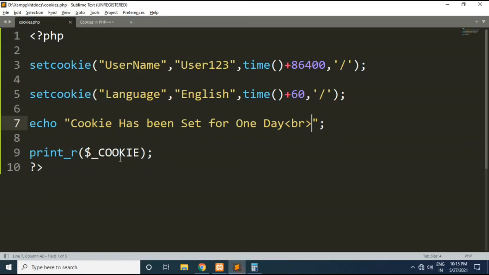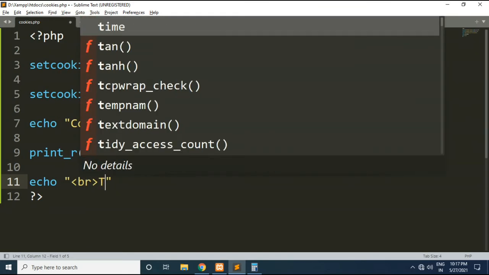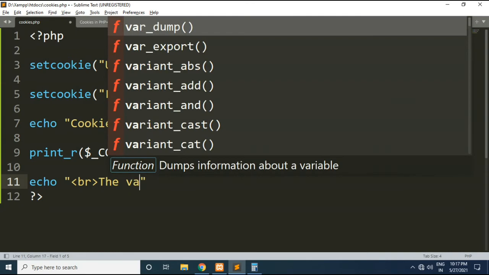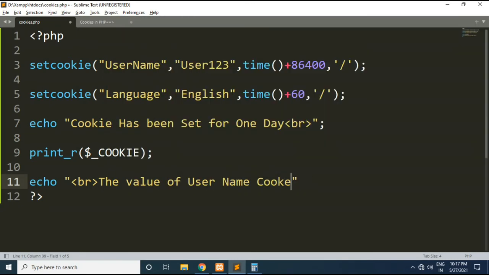So this cookie variable basically contains the names and values of all cookies that have been set by the user. Friends, you can also print the value of a specific cookie using this super global array variable called cookie. So for example, you want to print the value of only the first cookie. What can you write? Echo BR, the value of username cookie is, here I can use